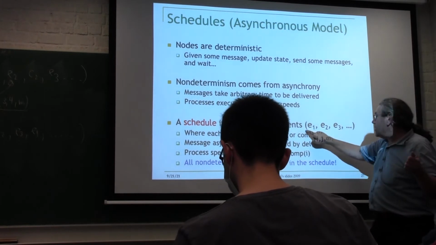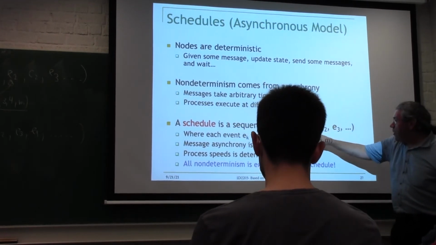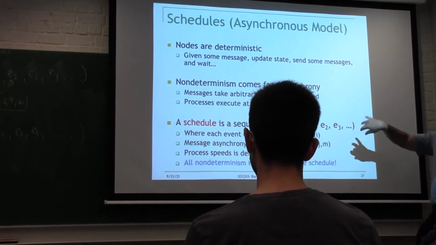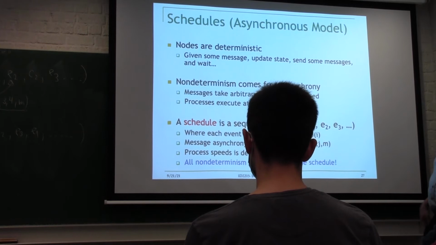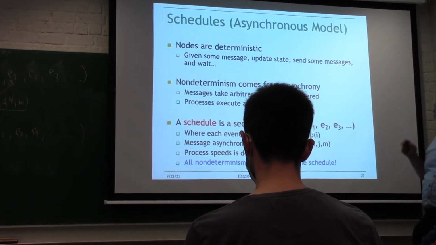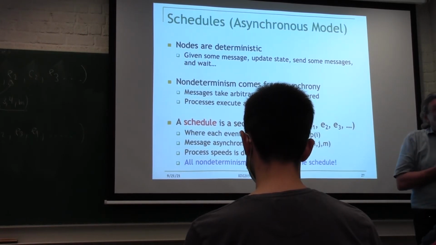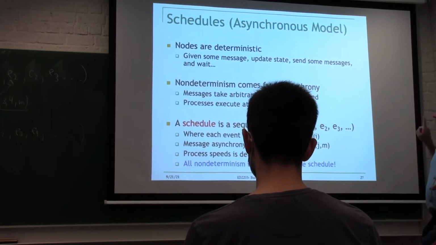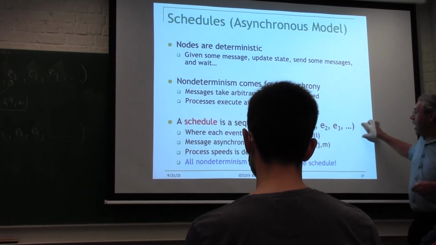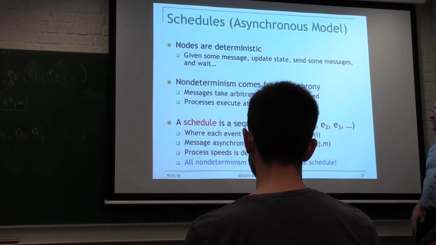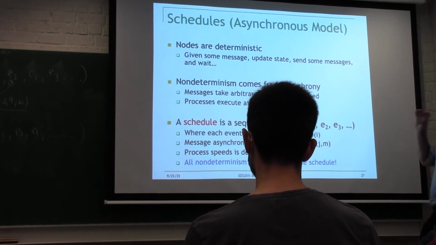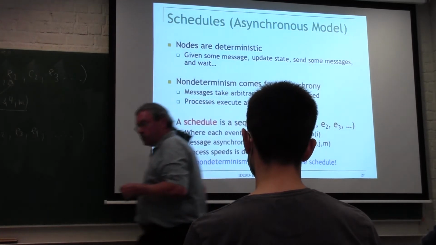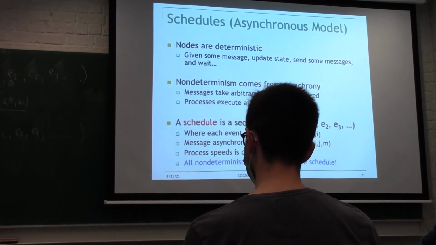So this is actually an interesting property of the model. The model separates very cleanly the determinism and the non-determinism. So the nodes are purely deterministic, and all the non-determinism comes in the order of the events, okay, here. And especially in when the del events are happening, okay? There's no notion of speed, and so all non-determinism is in the schedule. Okay, so that's something that's interesting to know, okay?